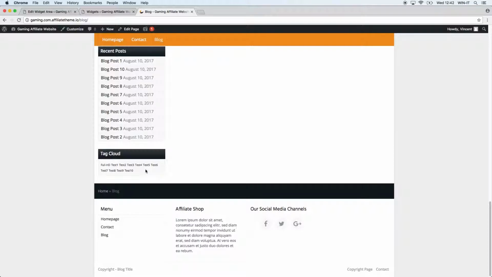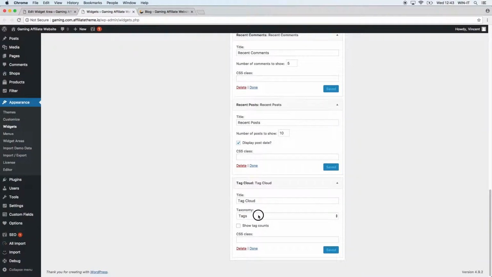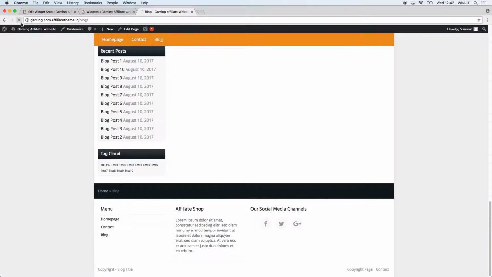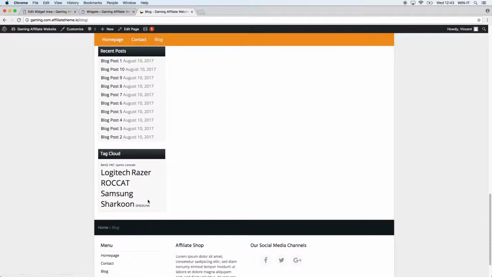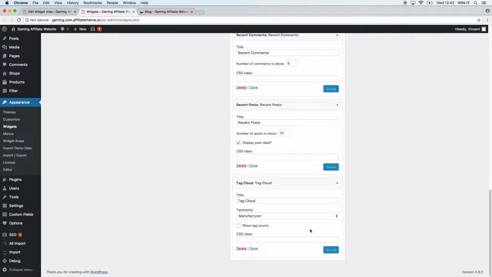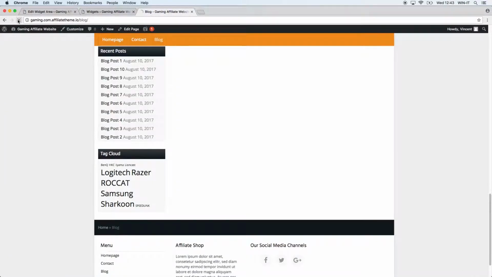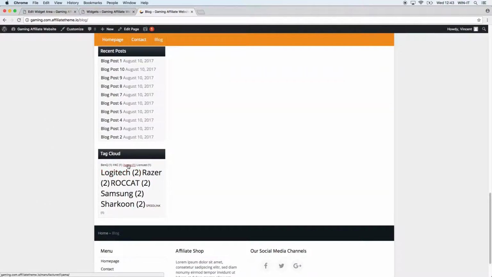So I just have like 11 here, so it just looks like a boring list, but okay, that's the case for now. But interestingly enough, you can also choose, for example, one of our taxonomies we defined. So let's just take manufacturer. Click refresh, and then all our manufacturers are displayed. So you can see the size is changing and everything. So if you have like 300 different of them, this looks really cool. And you can also show the tag counts. Well, let's stick to manufacturers. Refresh, and then you can see we also have the